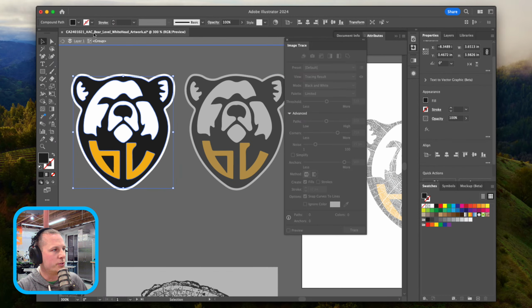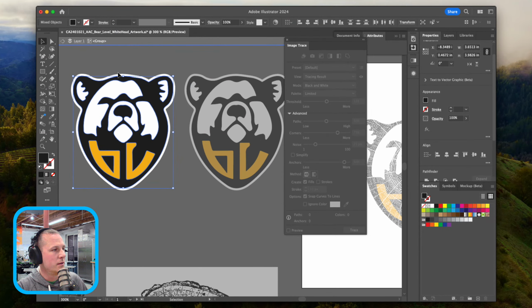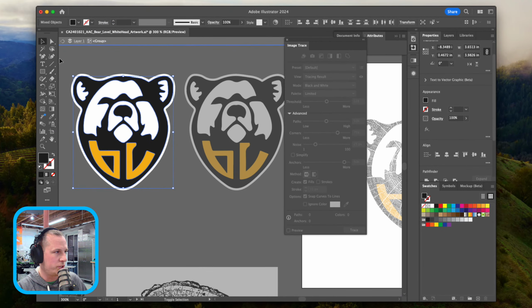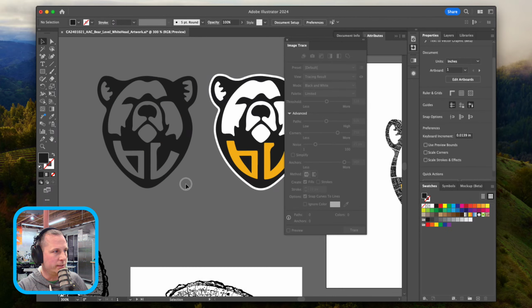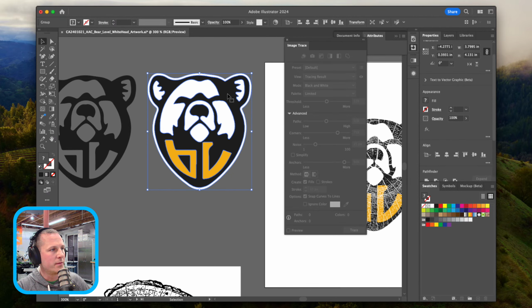So let's say we just printed what is in black. So I'm going to select the black. I'm selecting the same fill and stroke, and then I'm going to hold down Shift and just drag and select everything, and it's going to deselect the black, and it's going to select everything else, which in this case is the white and the gold. So, and I'm just going to hit delete. So now I have my black version, or I have a single color version that's like this,